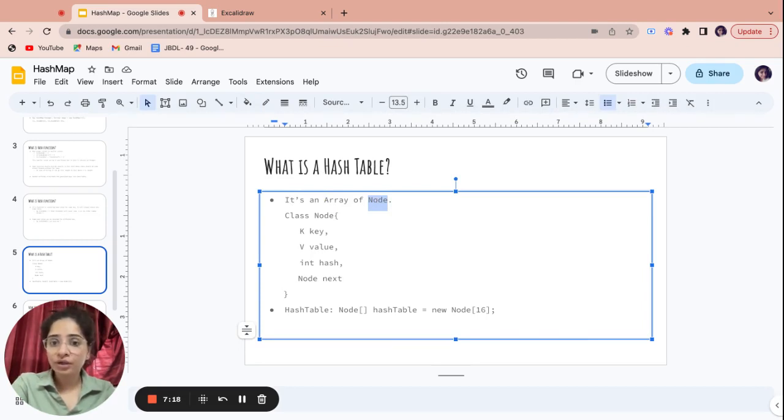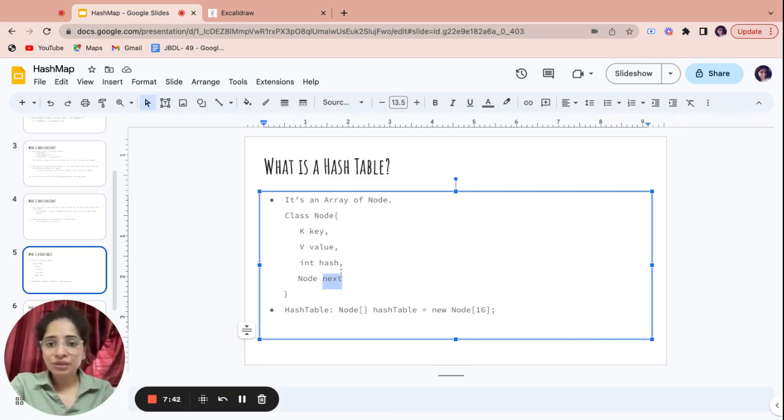What is a node? A node is a custom class which keeps a key, a value, a hash, and the address of the next node. You know the key, the value, and the hash. This next will keep track of the next node. We'll see that later on.